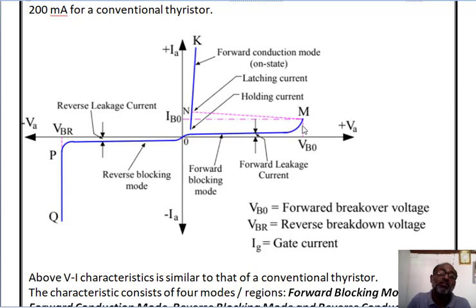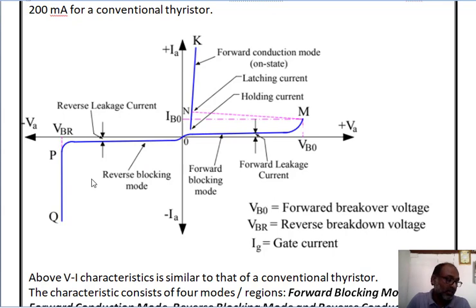So here you can see when the applied voltage value is greater than the positive breakover voltage, the current starts to flow from the anode of the device. That means it works in forward conduction mode. So here we can say that when the value of forward voltage is greater than the forward breakover voltage, our GTO moves from forward blocking mode to forward conduction mode.